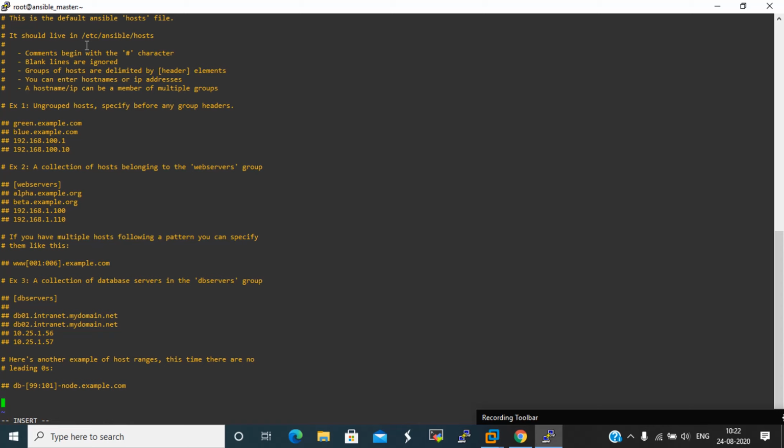In production setups, there are different types of servers: web, app, database. One of the servers is used by the backend team, one by the programmers. So accordingly we will create groups and mention the server entries in them. We can enter an IP or a host name also.